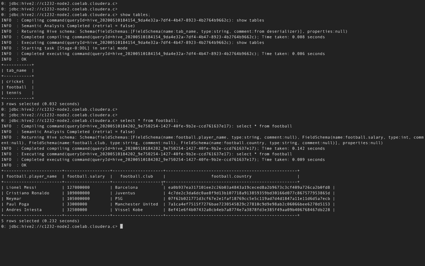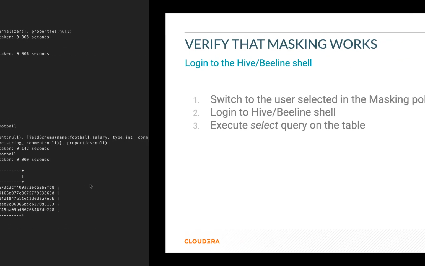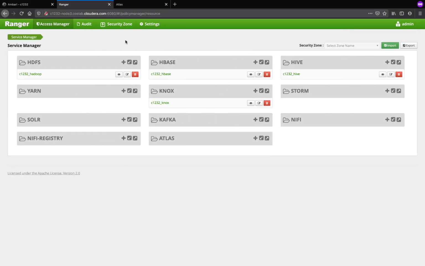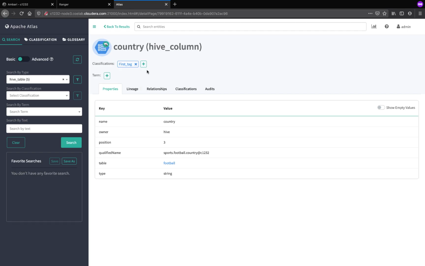So let's try to hash a different column. For example, the salary column here, so that the user who is accessing the table will not be able to view the salaries of the players. Let's go to Atlas. I'll remove the tag from the country Hive column.